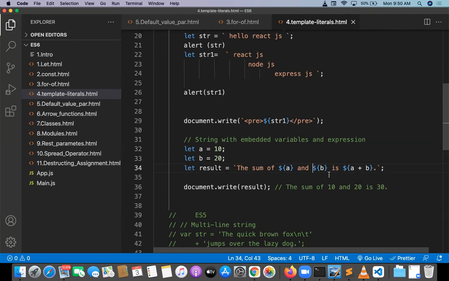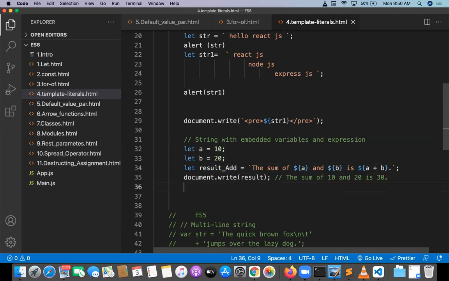That calculation we are going to print as the result. So this is the result, this is the result addition. But I want to go with the result subtraction. Whenever you want to go with the result subtraction, you can do that. So how to go with the result subtraction?